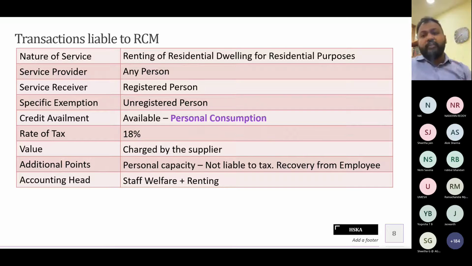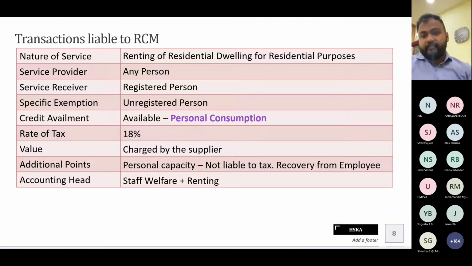Karnataka High Court gave a very beautiful judgment, where they said that whether it is hostel or PG, the end use is residential only, and hence exemption has to be given even for the end use relating to hostel or PG. To overcome that decision, an amendment was made to the exemption notification as well as to the RCM notification. Now exemption has been restricted to renting of residential dwelling for residential purposes given to any person not being